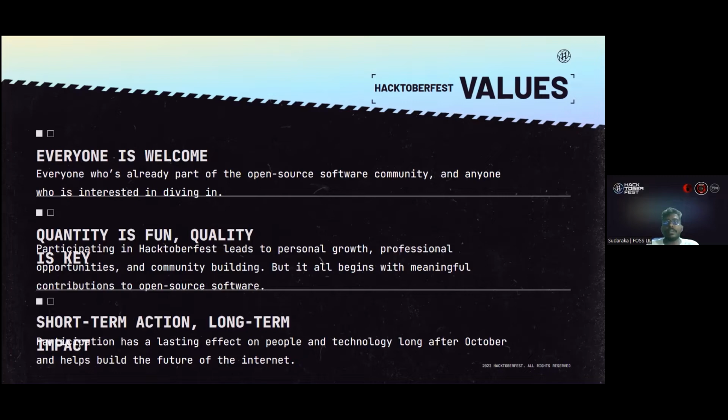So the impact is long term, because when we get some issues while coding, we normally search the internet, and if we find a good project or solution, we collect it. This event is a one month long celebration, but the impact is so long. So these are the Hacktoberfest values for this year.